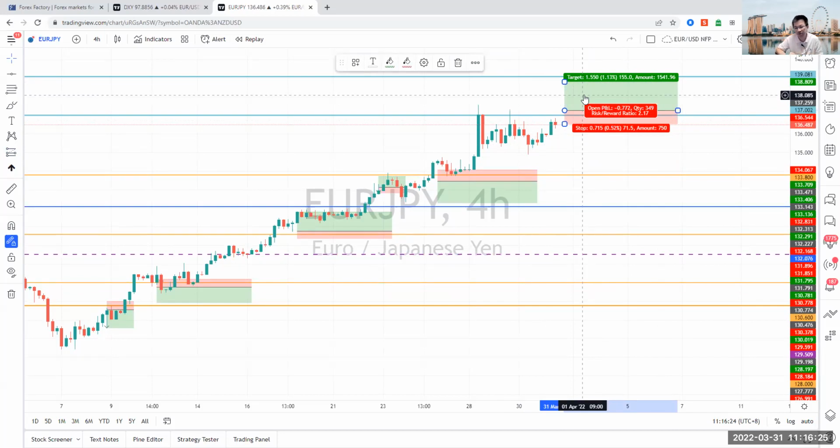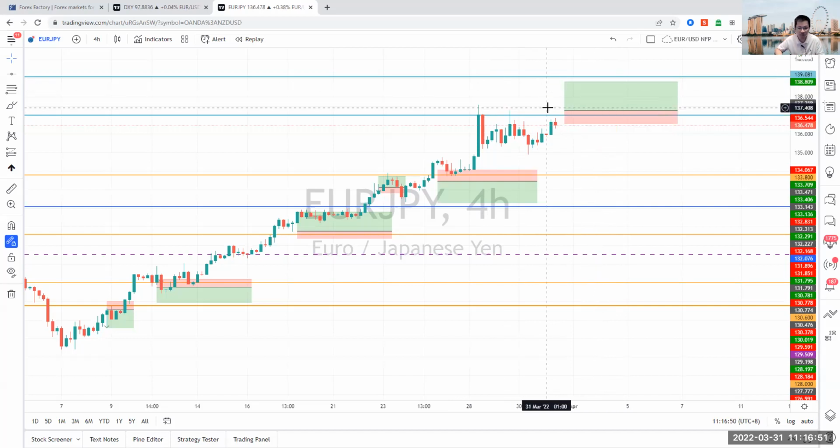But because the stop loss is going to be relatively big at about 70 pips, I would recommend sizing it down, just so that you'll have a reasonable stop loss for it to break above that resistance and to sustain that trade possibly up towards the next resistance level of 139. Anywhere in this area, you can look to close out the trade as well. But I think that if we do see the euro dollar push up above that 1.12 level, we're going to see quite a big move on the euro yen towards the upside.